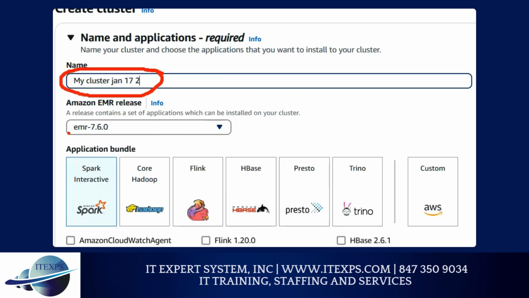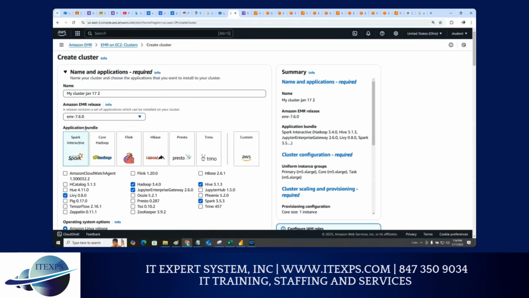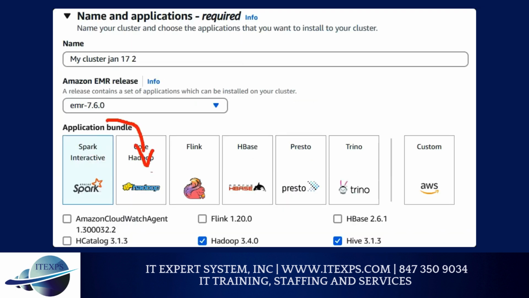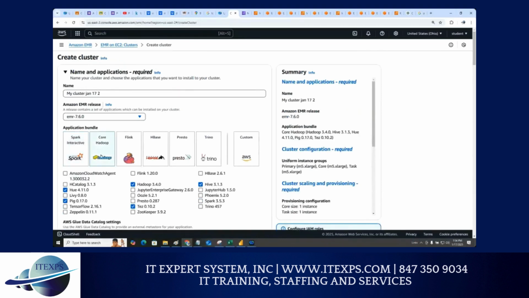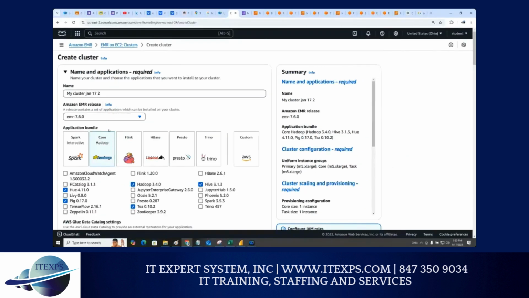You are selecting the version of EMR. I'm selecting the default, whatever it is, I'm not changing it, so keeping it like that. Then you select Hadoop. This is the second version. So click on that. When you select this, please understand there is nothing special we are doing. We select here, and automatically it's selected. This is pretty good. Now, if I scroll down,